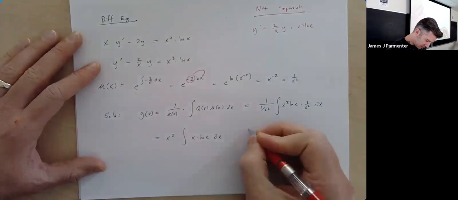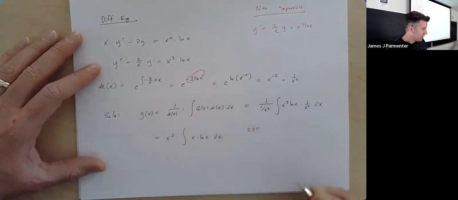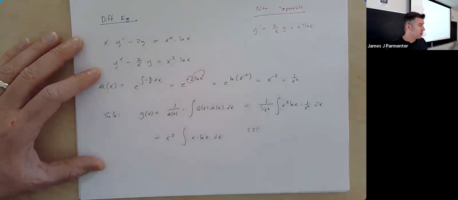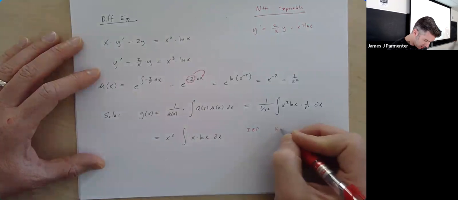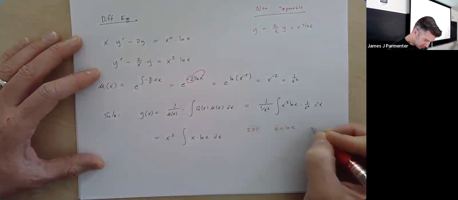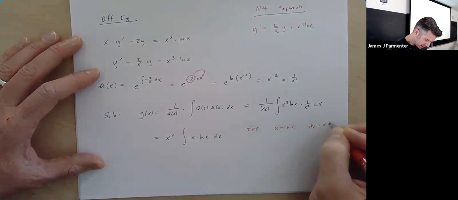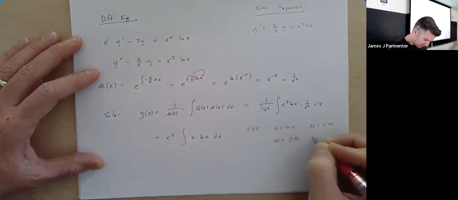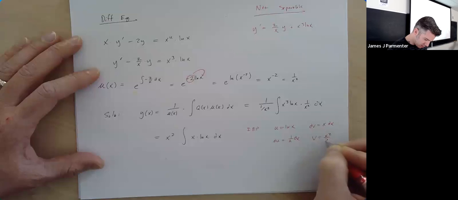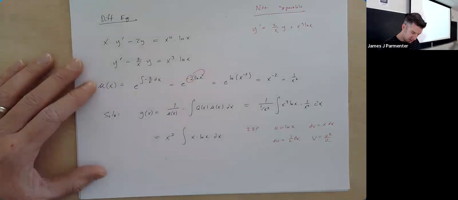So we're going to do integration by parts, but it's a very easy one-step integration by parts. It almost always is one step if your u is natural log. Your u is going to be the natural log of x. Your dv is going to be x dx. Your du is 1 over x dx. Your v is x squared over 2. So then this is going to become